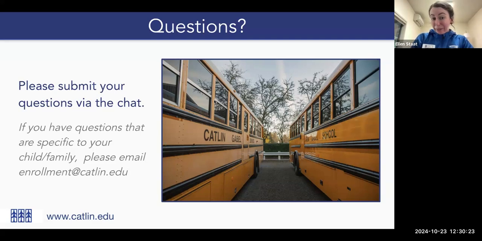Yeah. So our shadow day is a pretty full day. I don't have the time in front of me, but I believe it starts during the 8 o'clock hour. So parents and families and students can all come to campus together to drop off their student for the shadow day. The student will stay on campus all day, but the parents just do drop off. However, we typically do an optional Q&A with our head of middle school right after drop off. If parents would like to stay and chat with Michelle, who's our head of the middle school, that's totally an option. But students will stay on campus all day and then be picked up around 3:30 or so at the end of the school day.